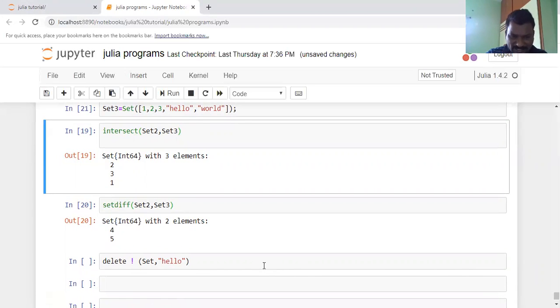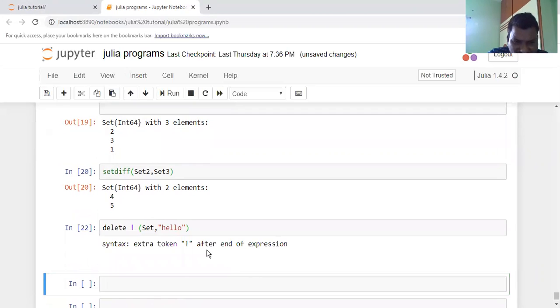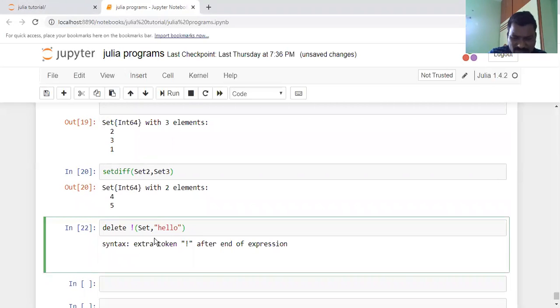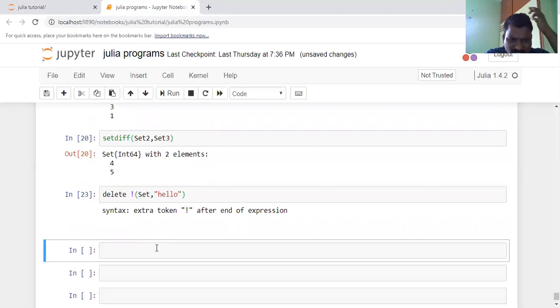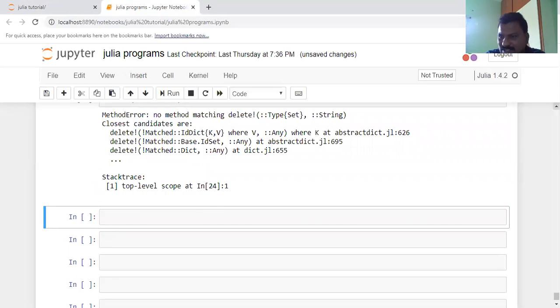If we apply the delete operation and execute this one, sorry, here it's having some error, extra token delete. What is this?